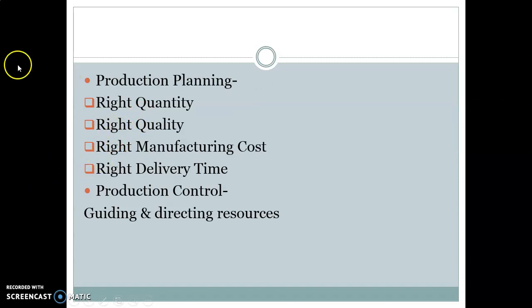Obviously it is about the right quality. So what production we are making is of the required quality as per customer specification. Third is regarding economy in manufacturing, that is right manufacturing cost. And at last we have to follow timeliness, and it is none other than right time delivery.